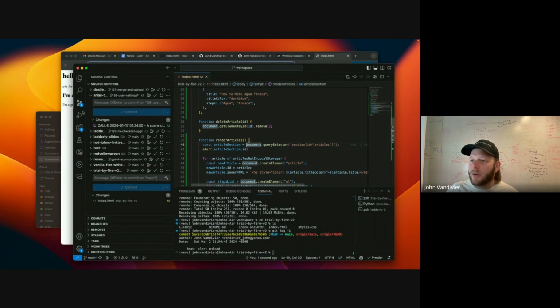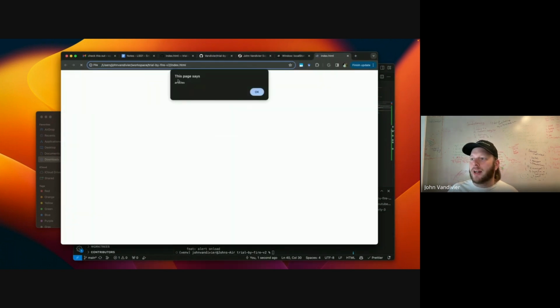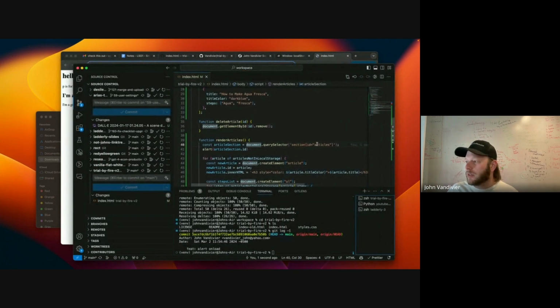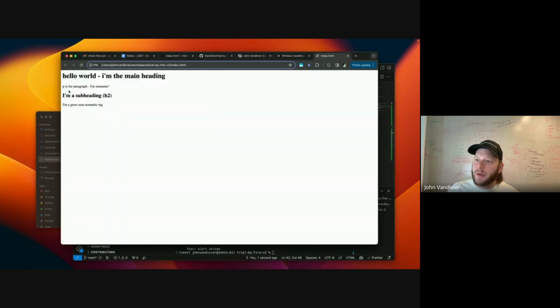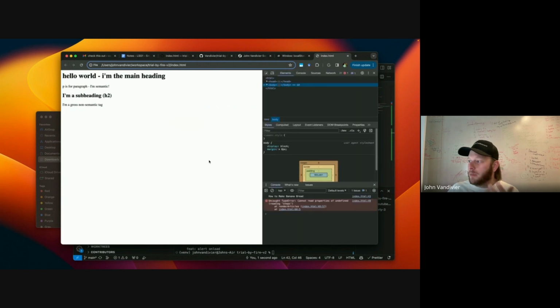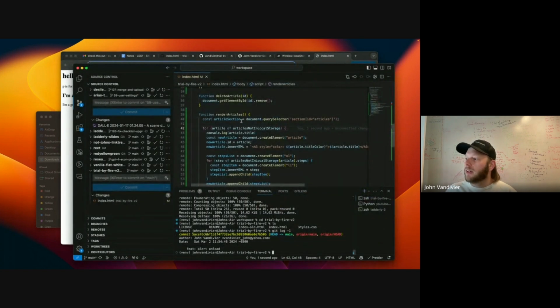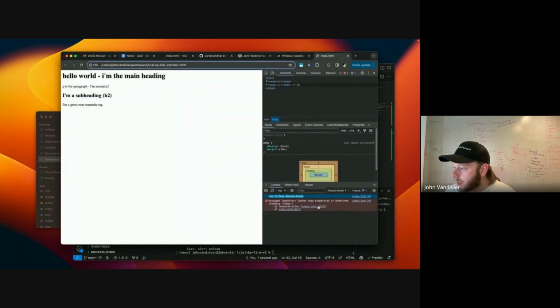So I'm going to alert with the article section ID, which is basically confirming whether it got selected. It says articles, that means the selection worked. Okay, so the selection worked. Here, I'm going to console.log the article title, which should show up in my developer tools. And I should see multiple titles. And here's the problem. I get one title and then I get an error. Okay, so now I've found the issue. Type error: cannot read properties of undefined. And it even gives us a line number, line 49.